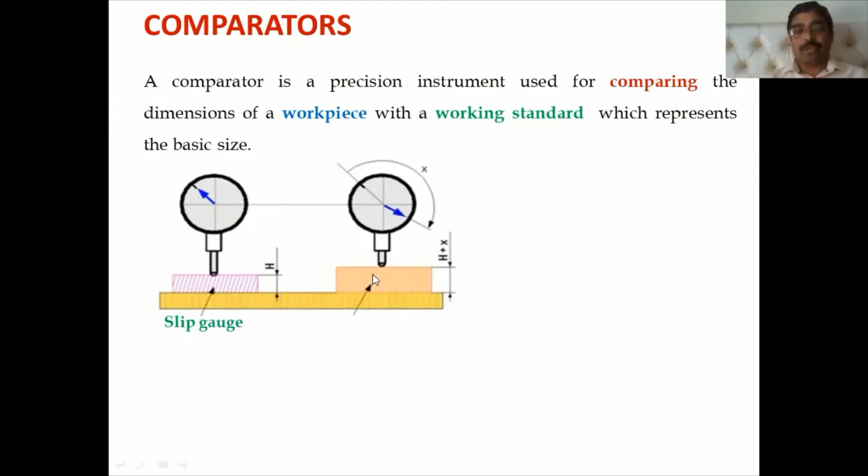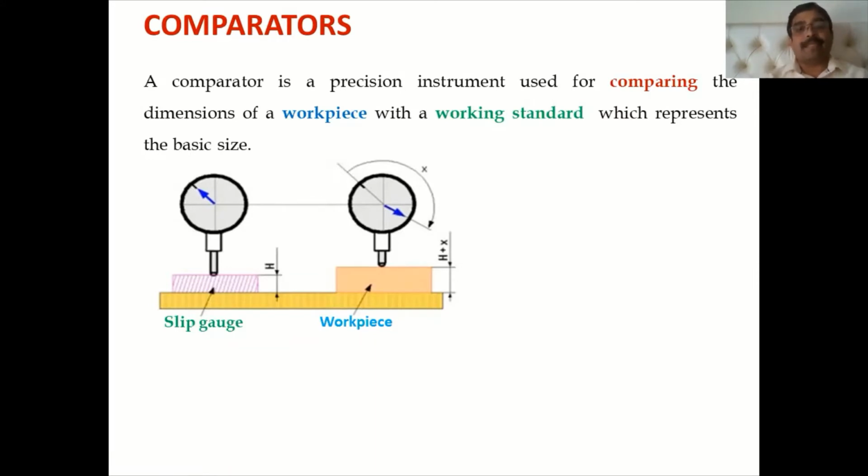Then the workpiece, here I have shown the workpiece. This is the dial indicator. This is also a dial indicator. I am comparing this workpiece with the masterpiece, right? How is it possible, you see here. Suppose the size of the slip gauge is 20, means here I am showing the H, means H is equal to 20, right? I am placing that slip gauge below that and the pointer will show some deflection, we are setting it. Then we remove the slip gauge and insert a workpiece, or we can replace the slip gauge by workpiece. That is the meaning of that.